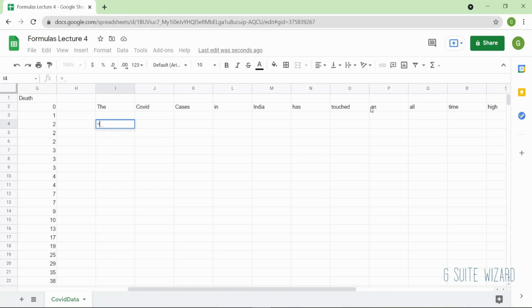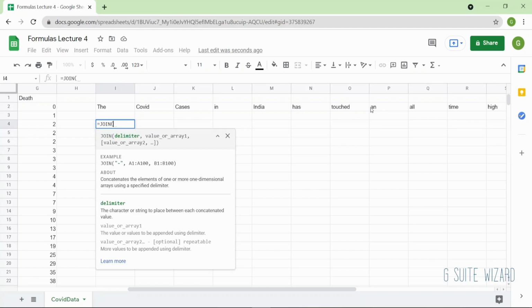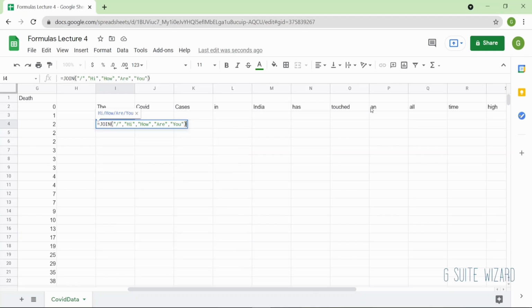What does join do? Let me just use the formula join. Let me give a delimiter, let's say slash, and then value of arrays. So here in value of arrays, I can either manually put it. Let's say I'll put some array like this, and you can see that it has joined all of them.